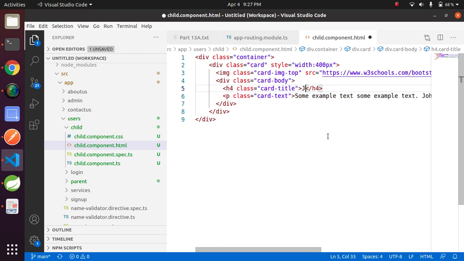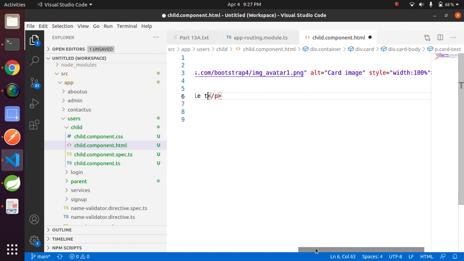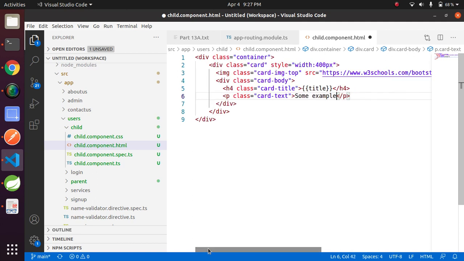Let's remove these also, as we will take the title and the text from the parent component.